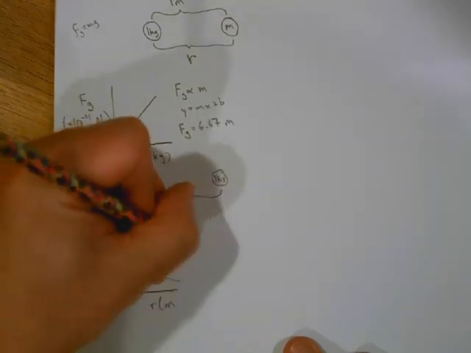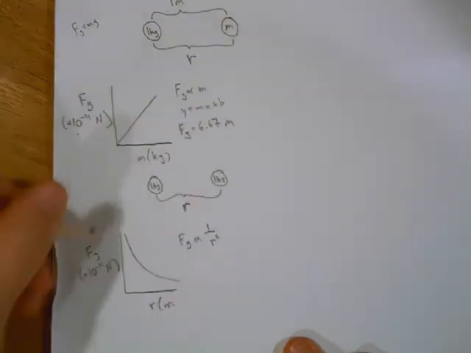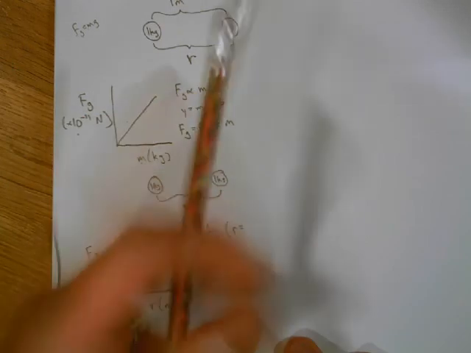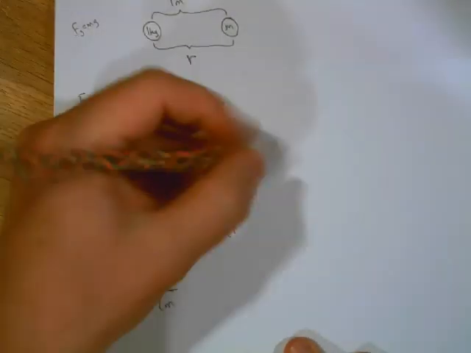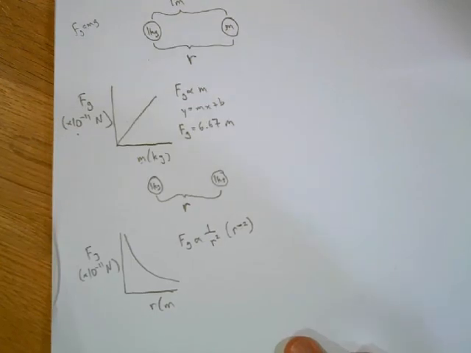In this case, if you did it, you should have said that this is proportional to 1 over r squared, which, just so you know, is the same thing as r raised to the -2. So the app probably said -2, but you're smart, right? Okay.